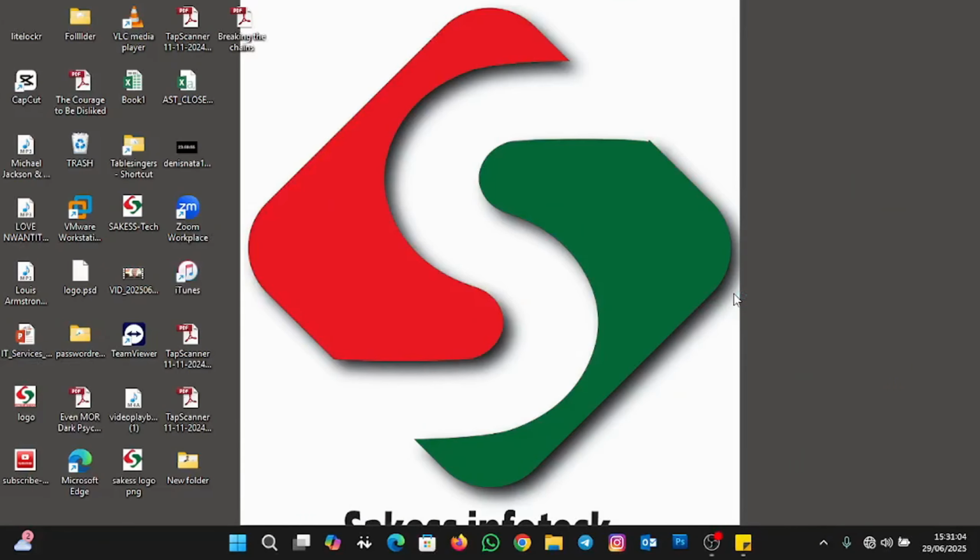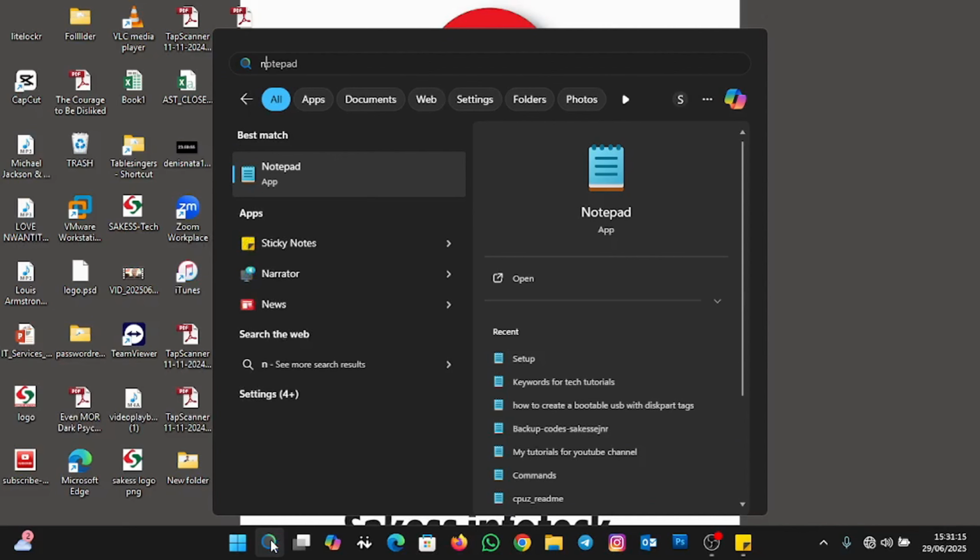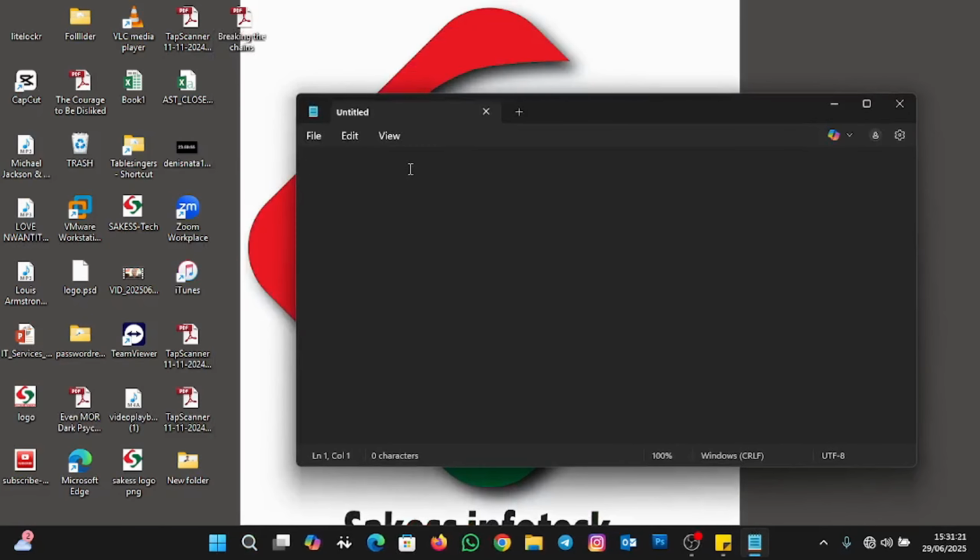So to automatically back up your important files onto a USB, you're going to write a script in Notepad, okay? To get started, we're going to open Notepad by clicking on the search and typing Notepad. Click on Notepad, and this is where we are going to write our script. We are going to type @echo off, and then bring the colon first,